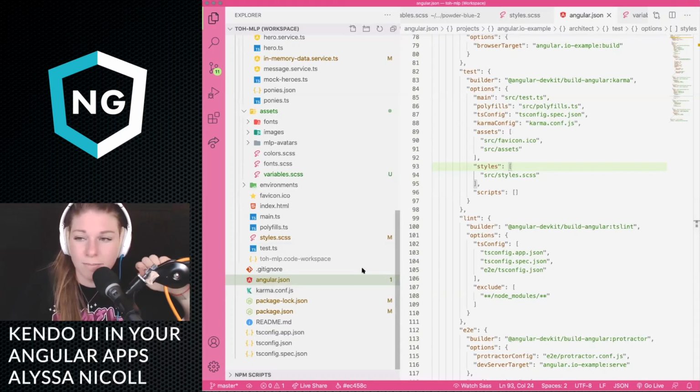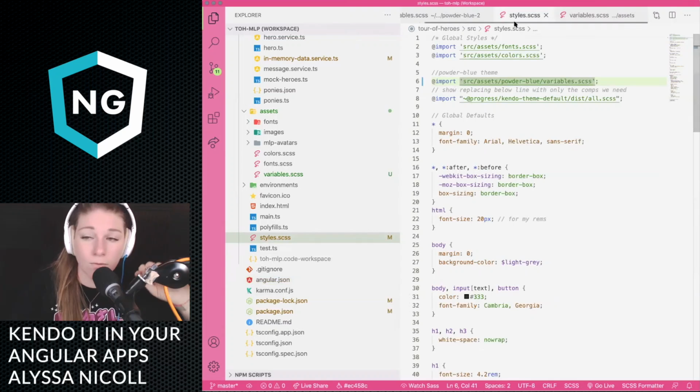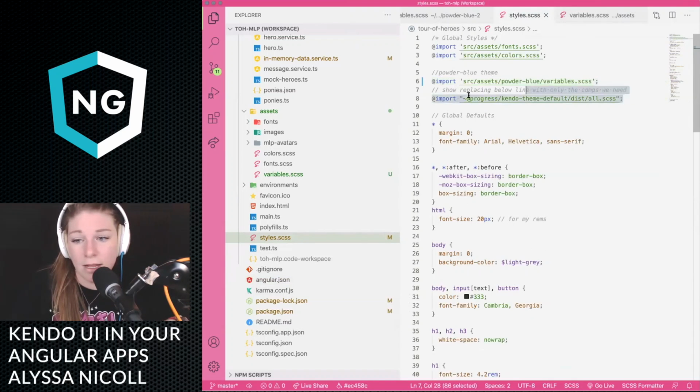But I ripped that out happily, and I just put it in my root style sheet right here where I have import, and then I'm importing our default theme. This is where you would say something like dash material or dash bootstrap. But essentially, I'm putting my variables import above my all import.